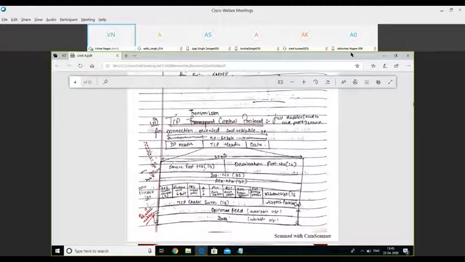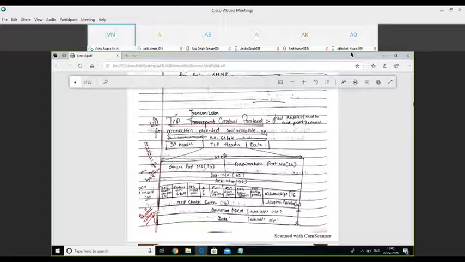Acknowledgement number means, let's say we are sending packet number X; along with packet number X, we are acknowledging the packet number Y that we have already received. So we keep the acknowledgement number of the previously received packet in this packet.